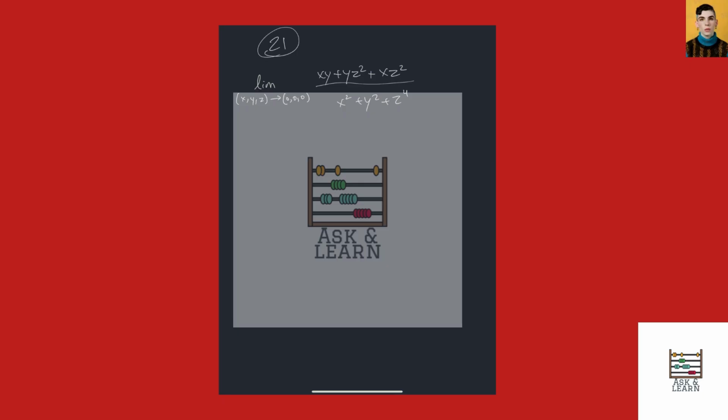So we can thankfully simplify this a little bit more because we know that x equals y and x equals z squared. So with that knowledge, what we're allowed to do now is plug in those different values, and what we'd end up getting as a result is going to be